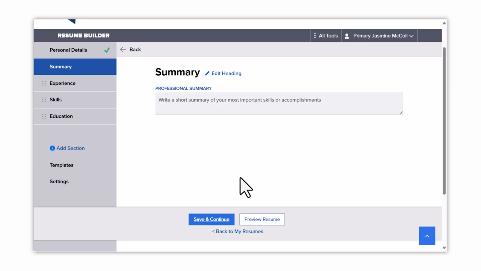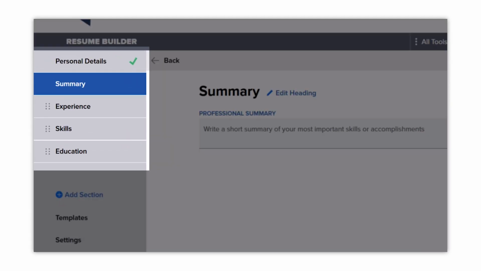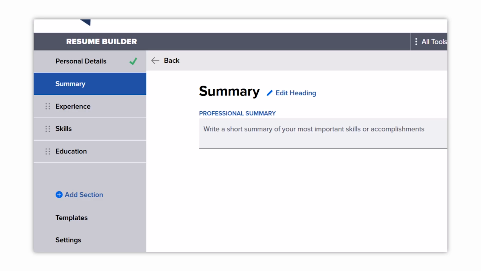You can see all the sections and the order in which they will appear on your finished resume on the left side of the screen. Personal Details and Summary will be at the top. Below those, by default, you'll find Experience, Skills, and Education. You can rearrange the order of these by clicking on the 6 dots, called a drag handle, and dragging them